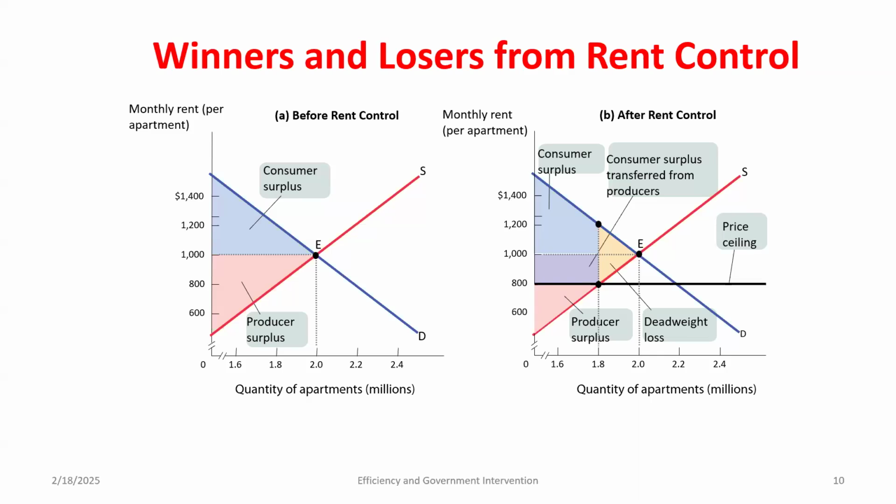So what happens? Well, if 0.2 million people just lost their apartment, they might not be able to legally find an apartment at the legal $800 price. So what might they do? You might see a black market pop up. People might be doing things not on the books. In fact,